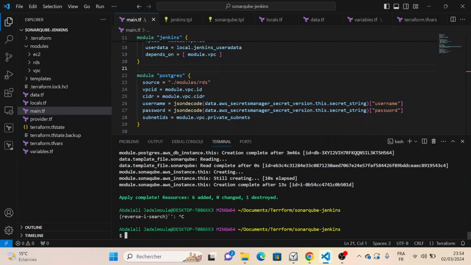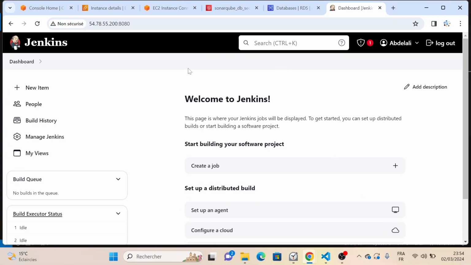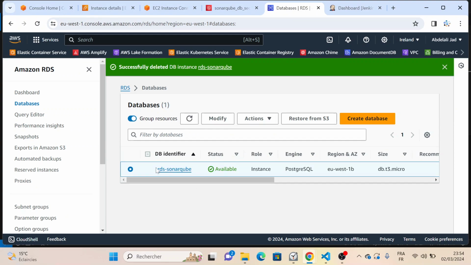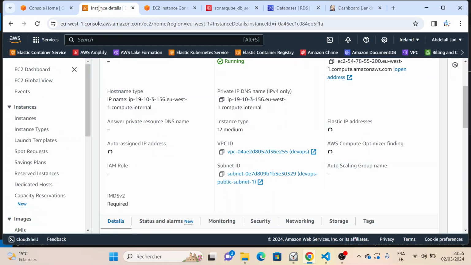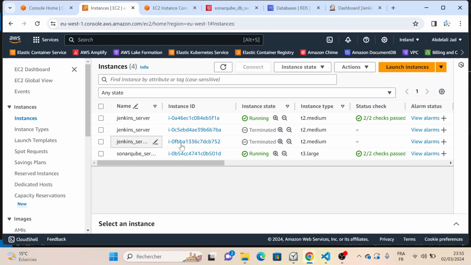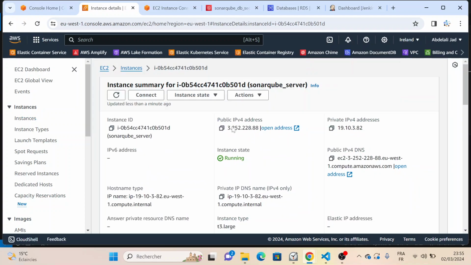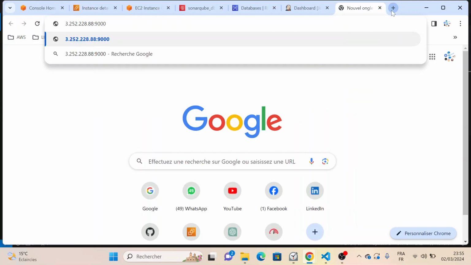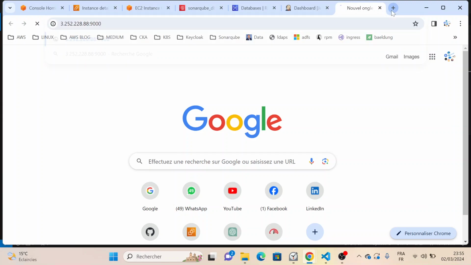Deployment, everything is deployed, the RDS and then the Sonarqube and Jenkins. So now let's go to the console to see the resources that are being deployed by Terraform. So here I have my RDS, and then if I go to instances, I will find the Sonarqube server. All I need to do is grab the public IP address and then put the port 9000 and hit